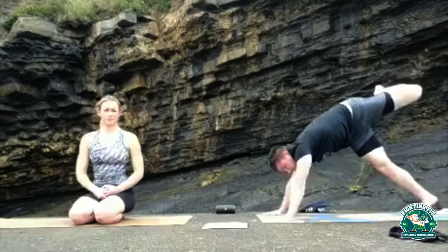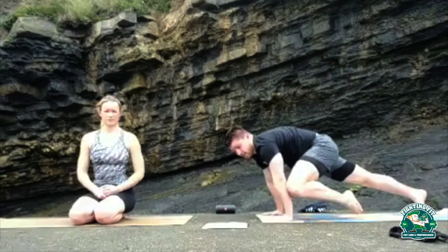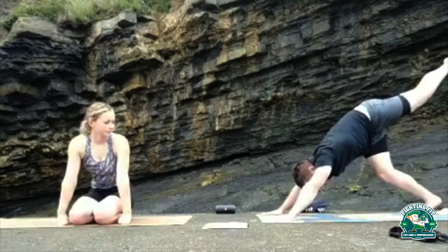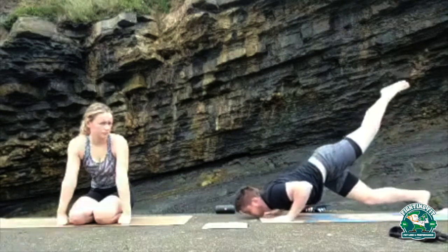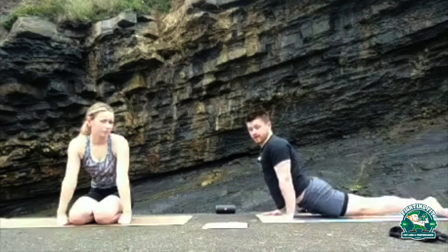then you're going to bend the knee, pull it through, touch your knee off your elbow, and then from there you're going to lift it back up again, extend that leg away, and then if you have the strength, keep the leg up, bend the elbows, touch your nose off the ground, peel yourself right up into your upward dog until your laces